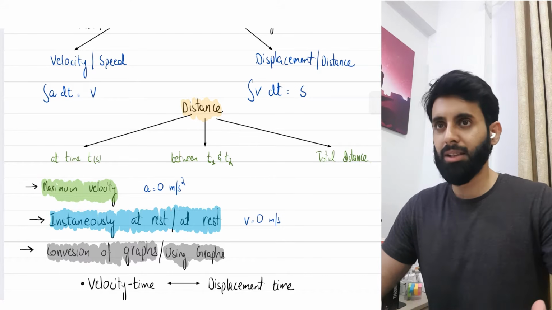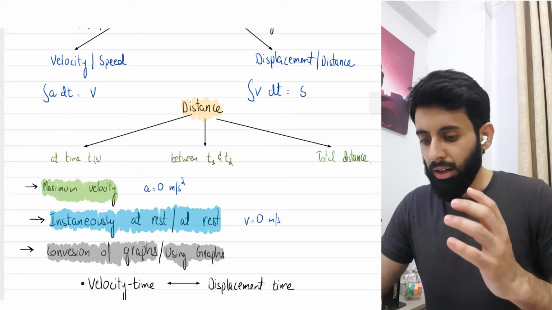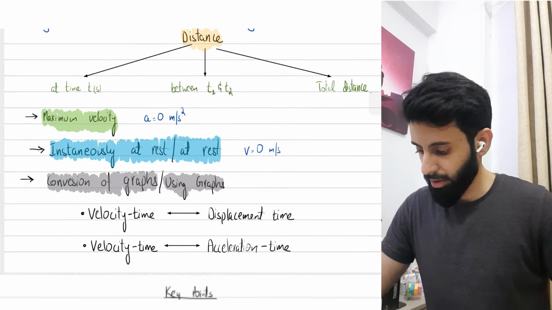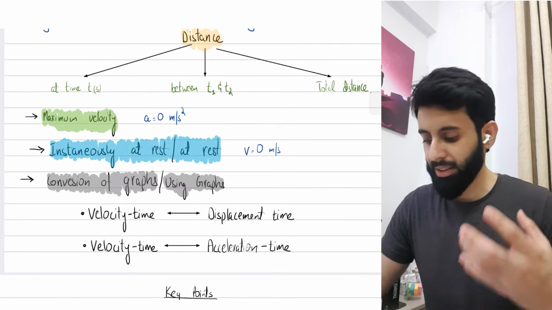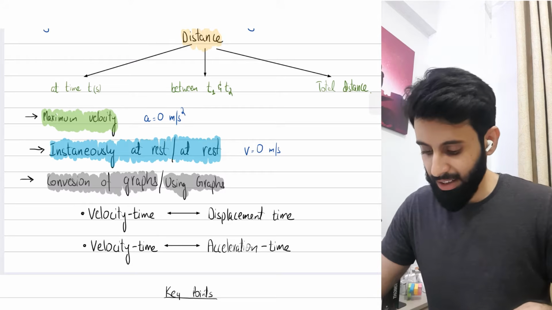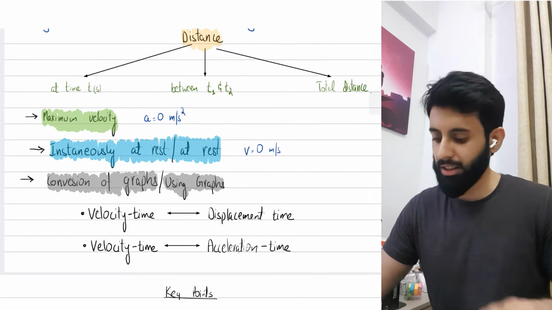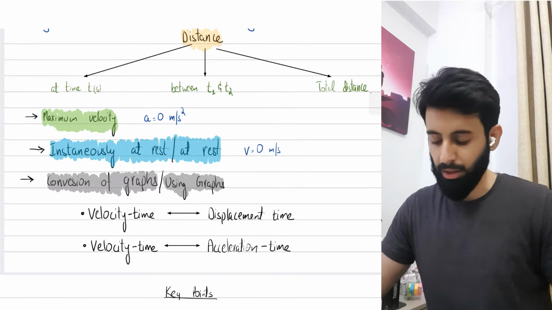So if you're traveling at a maximum velocity, or at constant velocity, it doesn't matter whether it's maximum or not, there is no change in velocity, that means acceleration is 0. So that's one thing you've got to remember. And there will be a point where the question will ask you to calculate the time when the object is instantaneously at rest. So whenever an object is at rest, whether it's instantaneously or just at rest, we plug in velocity as 0,